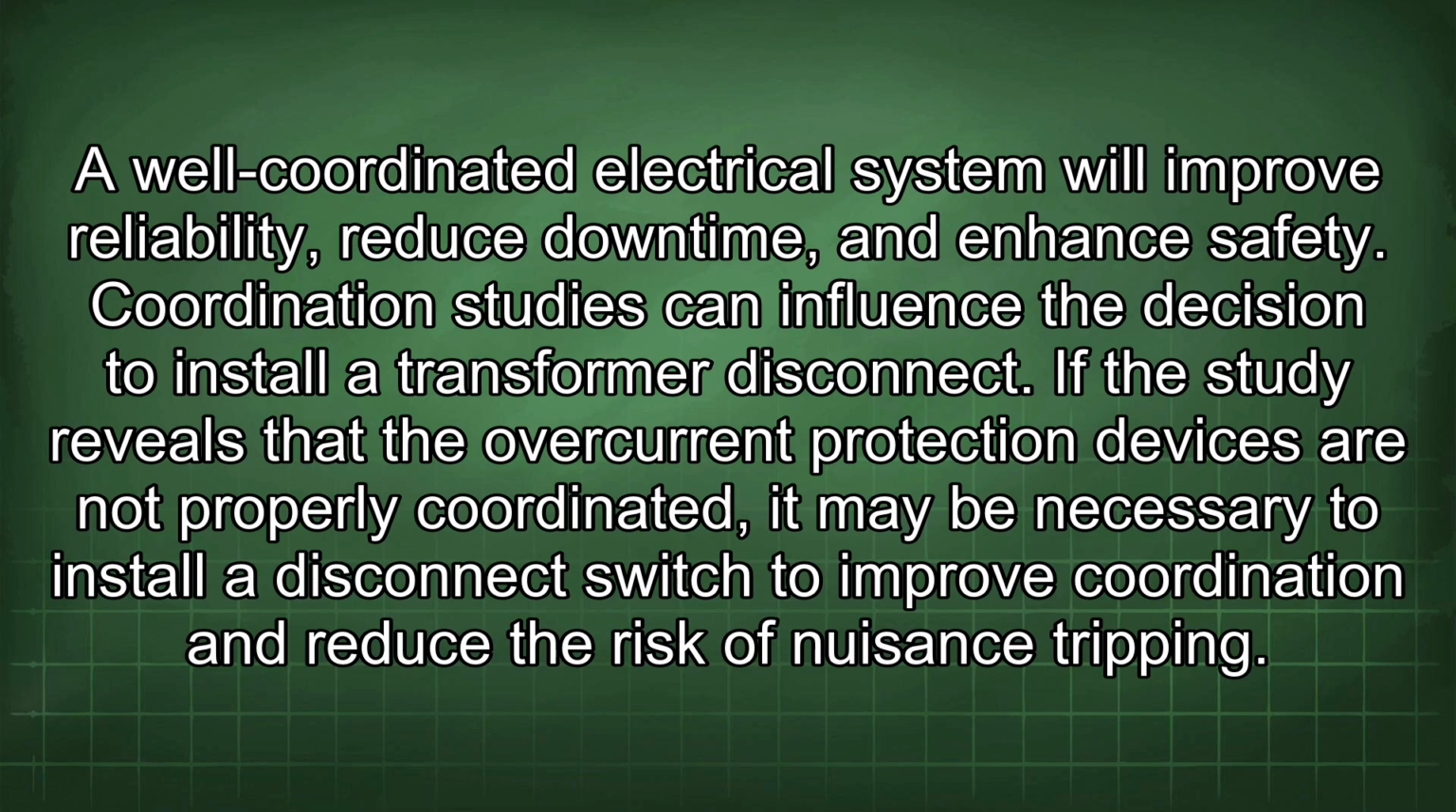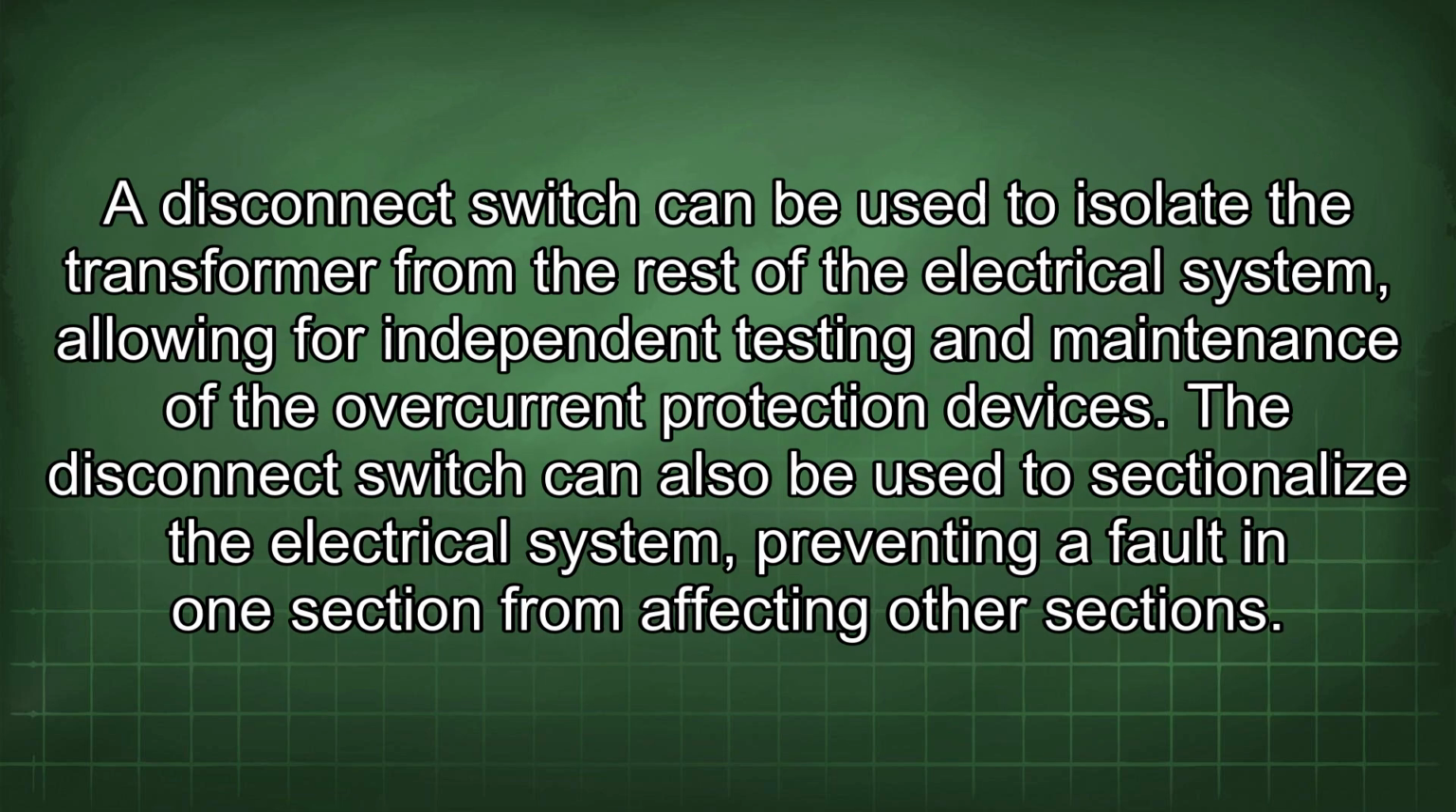Coordination studies can influence the decision to install a transformer disconnect. If the study reveals that the overcurrent protection devices are not properly coordinated, it may be necessary to install a disconnect switch to improve coordination and reduce the risk of nuisance tripping. A disconnect switch can be used to isolate the transformer from the rest of the electrical system, allowing for independent testing and maintenance of the overcurrent protection devices. The disconnect switch can also be used to sectionalize the electrical system, preventing a fault in one section from affecting